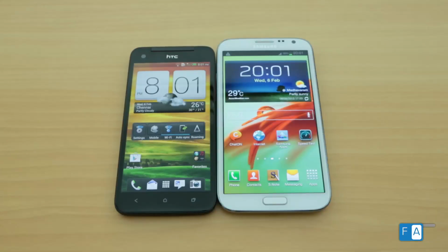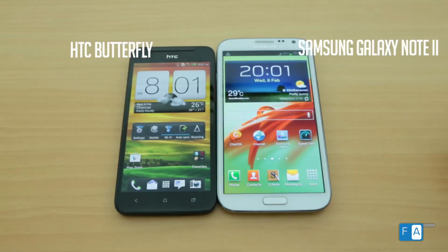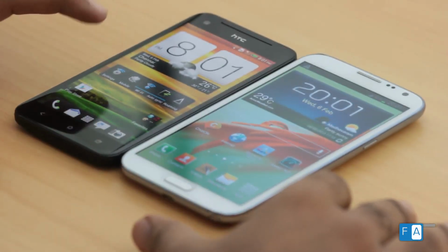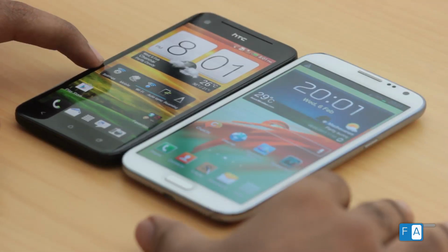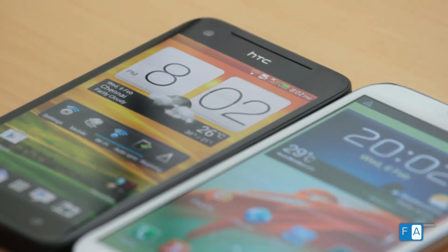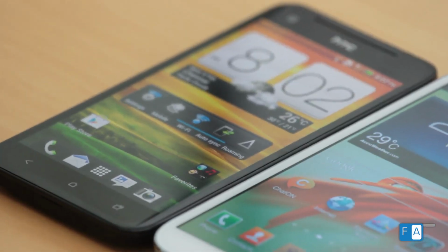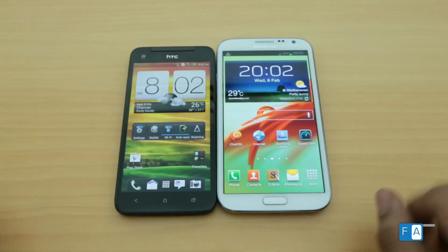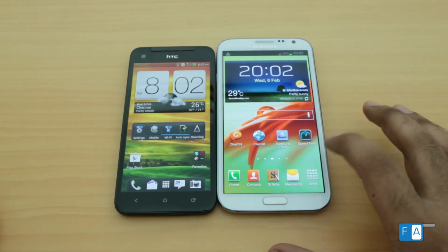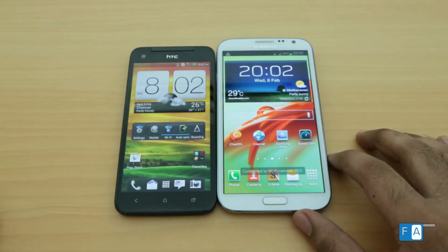Here we have the HTC Butterfly and the Samsung Galaxy Note 2 for a hardware comparison. As you can see, the Butterfly from HTC is on the left. It's a really nice 1080p screen, the first time you're finding a 1080p screen on a phone. Next to it, we have the Samsung Galaxy Note 2, one of the most selling phablets or large screen phones of 2012. So that's the Samsung Galaxy Note 2 on the right with a